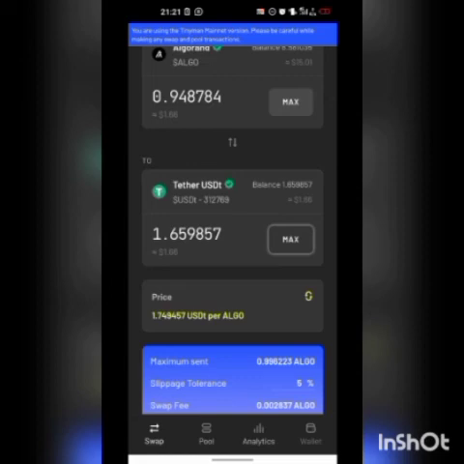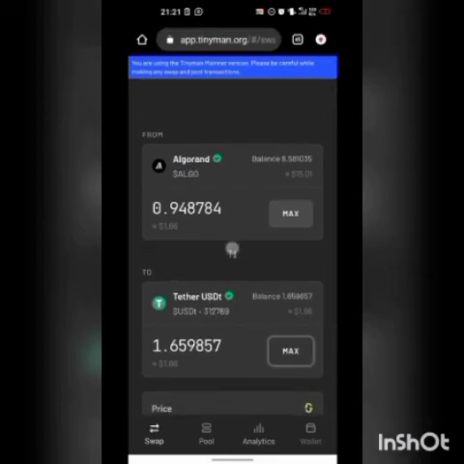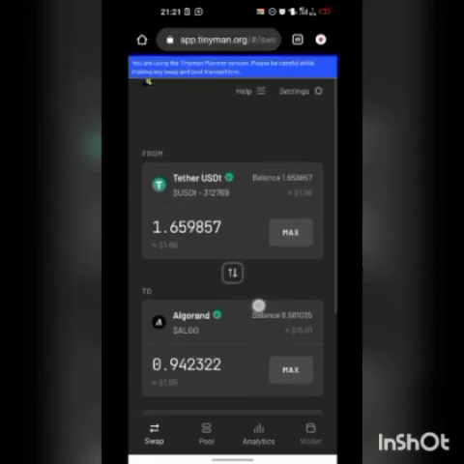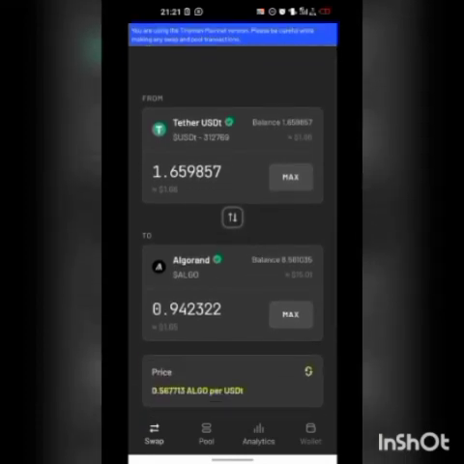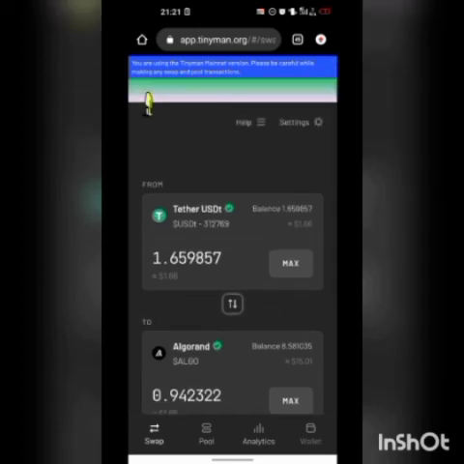Alright, so as you can see, we swapped Algo to USDT. So we used a decentralized exchange called Tinyman. Right, so Tinyman enables you to swap assets to Algorand, and Algorand to any assets built on the Algo blockchain. Okay, so that's how the trading works. And then for the chart of viewing an asset,